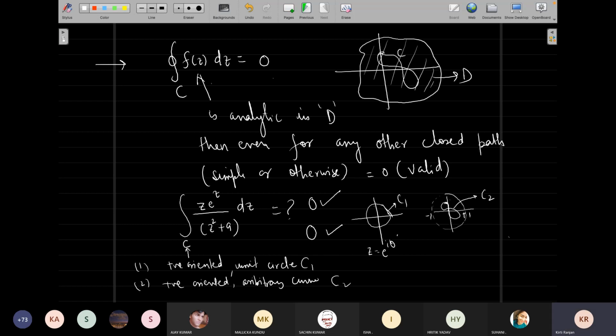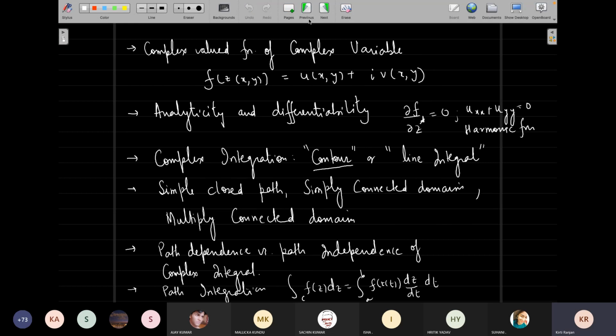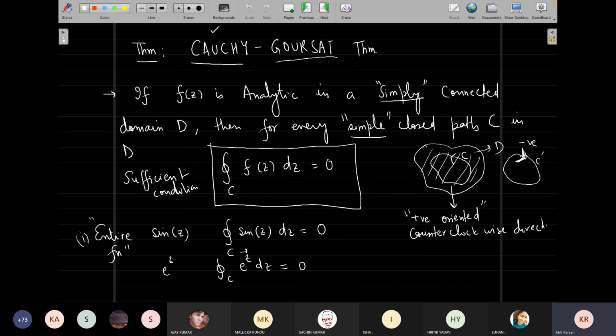Now, at this point, I must also tell you that in the Cauchy-Goursat theorem, in many books you will find that it is written as only Cauchy theorem. And we still take it as the same one. Does somebody know that there is a difference? There was an original Cauchy theorem and then Goursat modified it so that the form which I have written, the Cauchy-Goursat theorem, is there. Does anybody know what Goursat added to that? No. Okay. So let me just tell you.